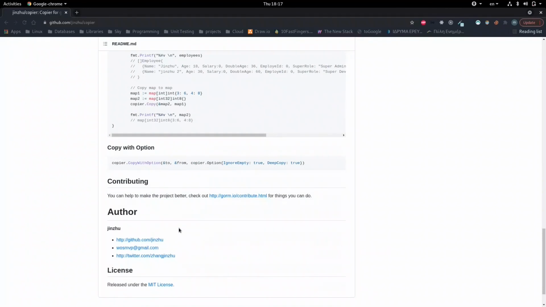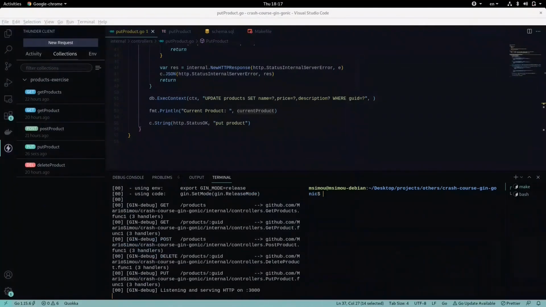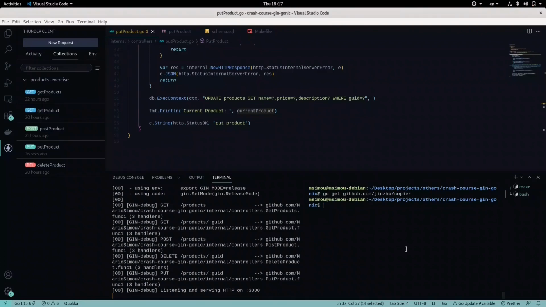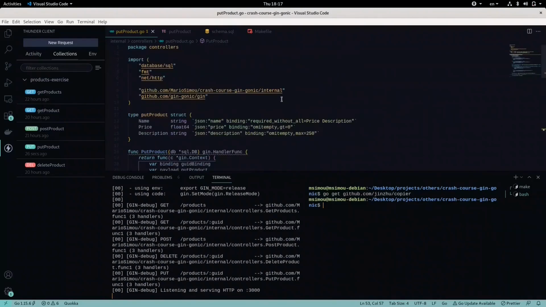So we'll be using this library, and one thing that we also need is to set some options for us, since we're going to have some empty values and we want to ignore them. So we need to configure copier so that the ignore empty flag is true, and also we want deep copy. So if there is a struct with multiple levels of depth, we want to use those as well. And I need to install it now, so I'll be using go get. So now I can import it,